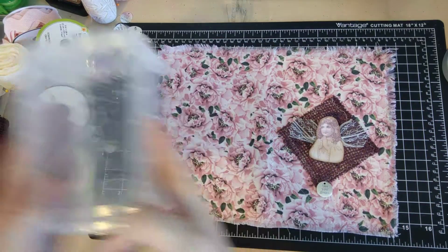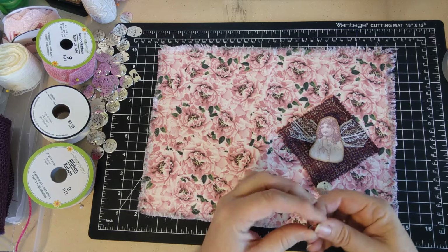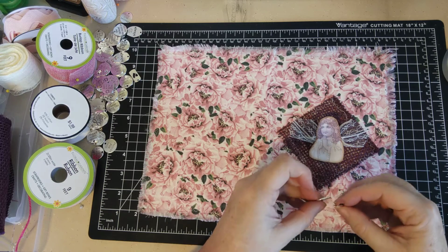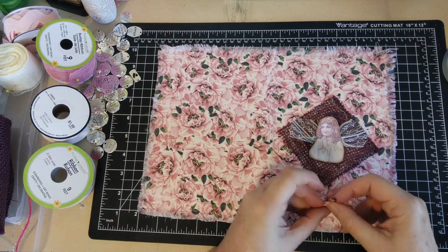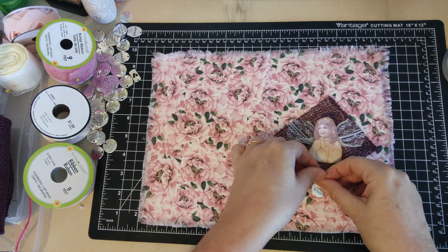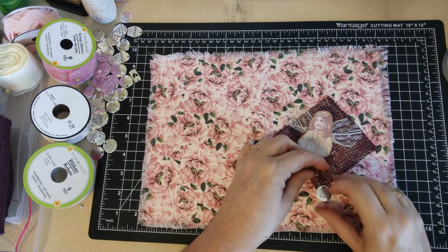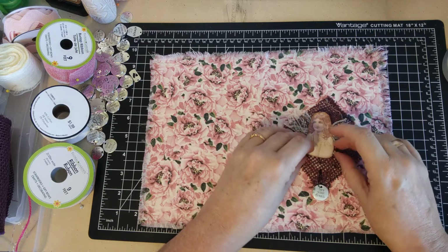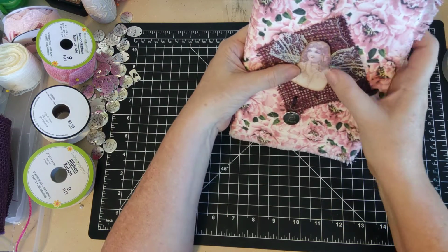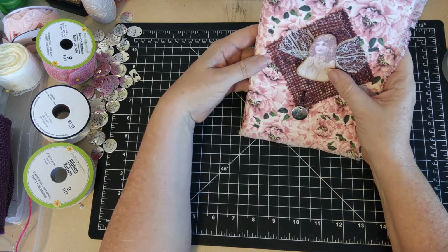That's really cute. I mean, the other thing that we could do is I have some of the Tim Holtz words, and we could put one of those on there, like on some lace or cheesecloth or something instead if we don't like this. But let's just see how this is going to work. I like danglies. That's kind of cute. I like it. Well, see, and I like it too because it'll move around. Isn't that pretty? I like that. What do you guys think? I wish I could get your opinion before I...